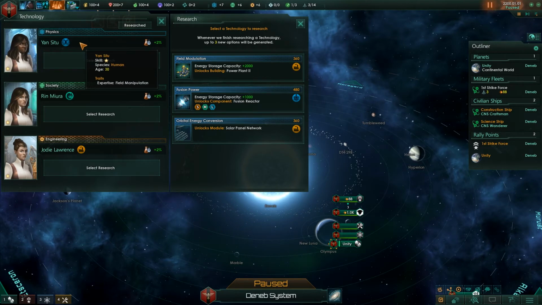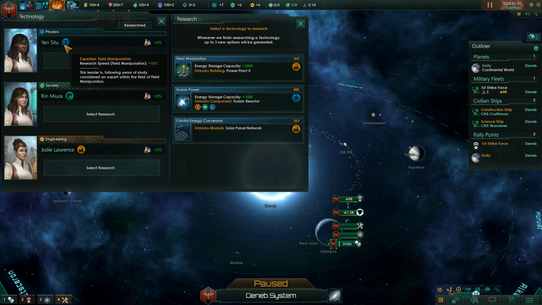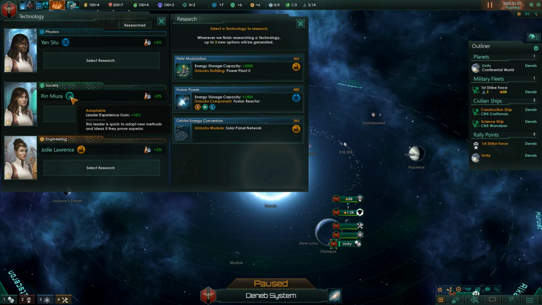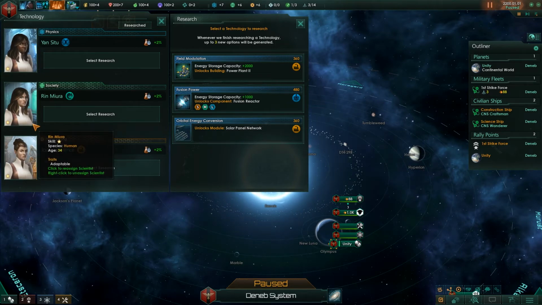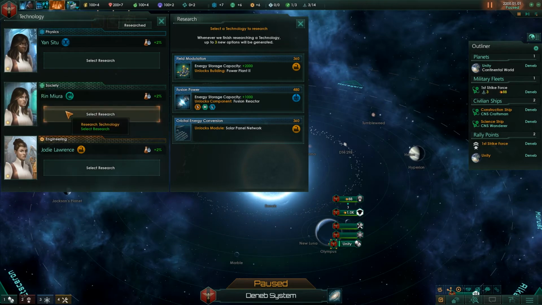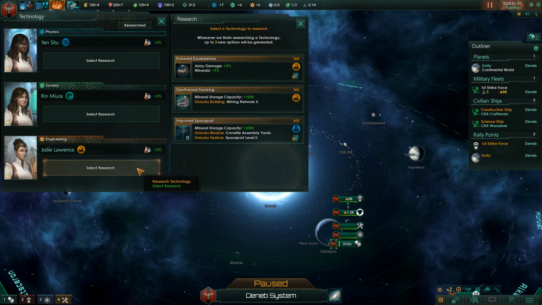Now, each of these scientists have certain traits. So this scientist, for example, has expertise in field manipulation. So if we see a technology over here that has that same icon, that means that they will do better at working on that. This person is good with, actually gains experience faster. The leaders gain experience and level up. So they have a little star down here, and that'll get better as they level up. And see, this person likes industry. So if we click on this,